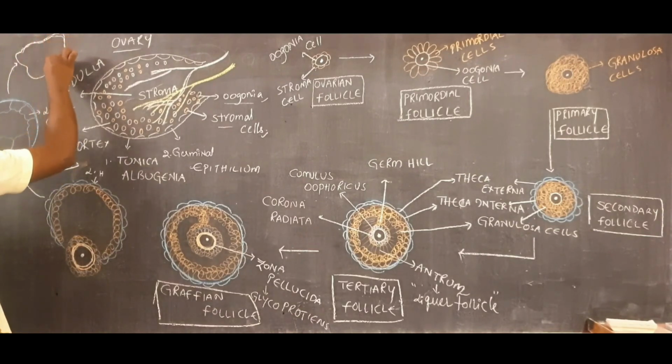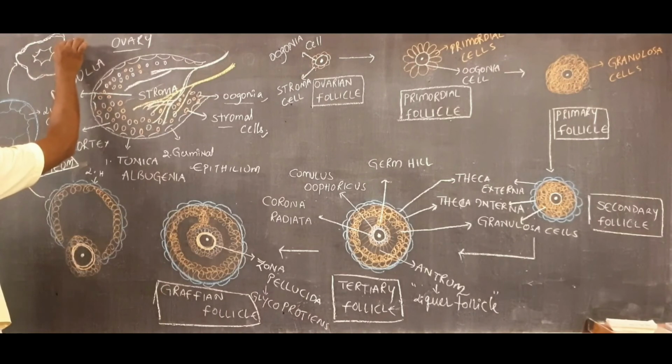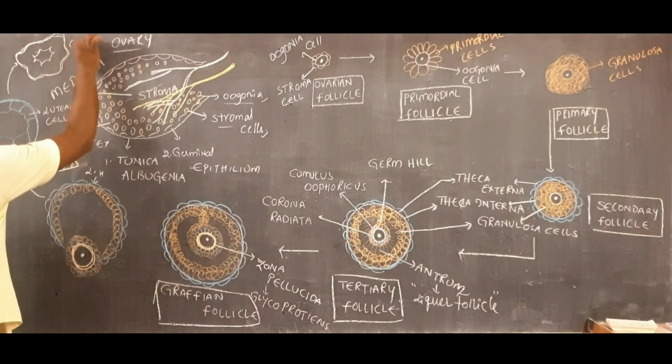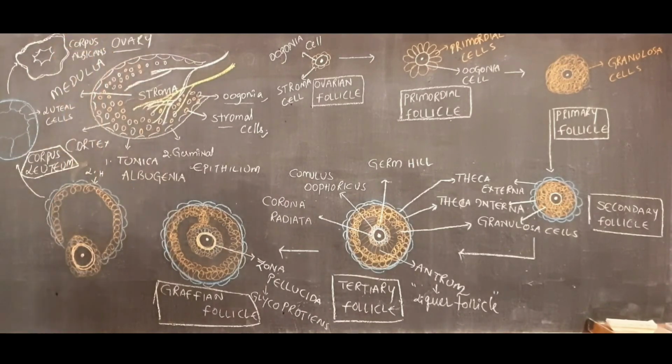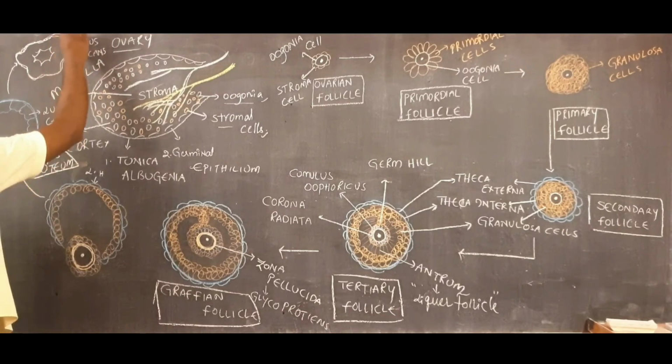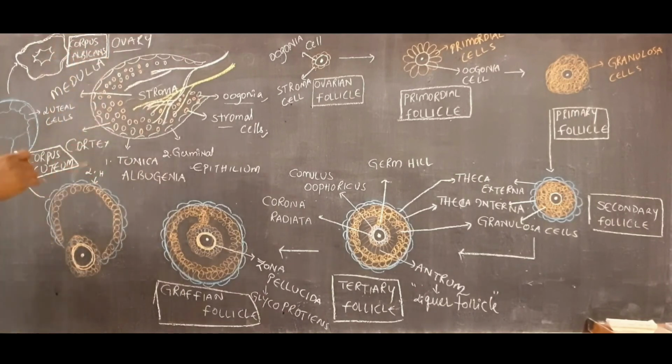That means the follicle which degenerates very fast, a follicle which is formed from the corpus luteum, which is degenerating very fast from the 23rd day onwards, that follicle is also called corpus albicans. Corpus albicans will be formed from 23rd day of the menstrual cycle. We will discuss the menstrual cycle and changes later.